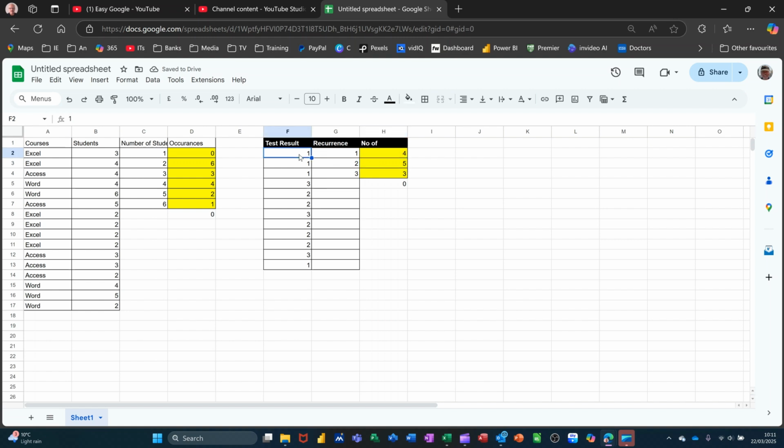And if you change any of these or change to another number, if I put a 4 in there, that last 0 there will pick that 4 up. If I do undo on that to get rid of that, change some of these to 1 say, you can see the numbers changing there as I type in these test results. So it's very simple to use the frequency